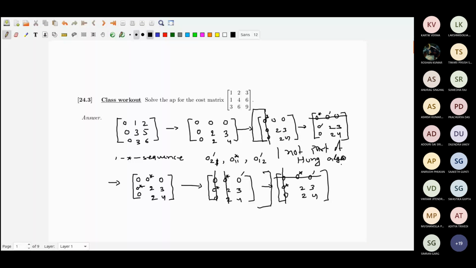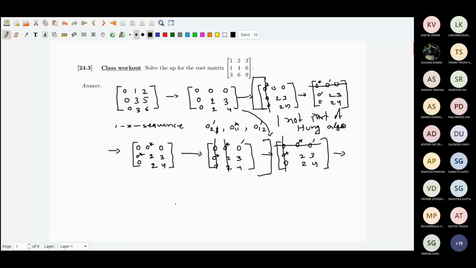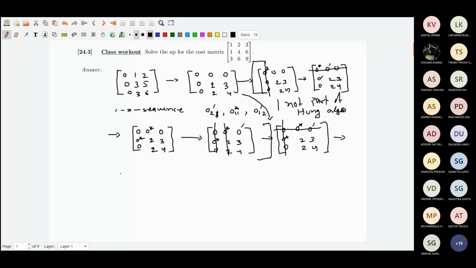So essentially from here, by the Hungarian algorithm, you come to this place. And then it says, okay, all the elements, not the zeros, all the elements are covered. The answer is no. That basically means you have not found a diagonal. So there is some uncovered part of the matrix. The moment you have an uncovered part, you take the minimum element of the uncovered part and subtract it from the uncovered part. And you have to add that to the intersection part.